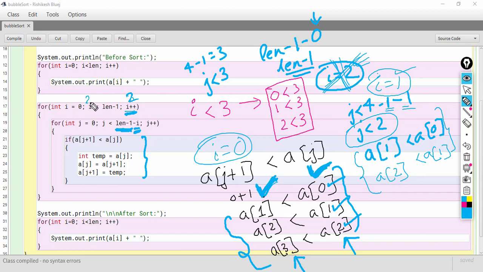Now, the condition is 2 is less than 3. The condition is true. Control will come inside the third time. Now, the inner loop will execute for the third time.